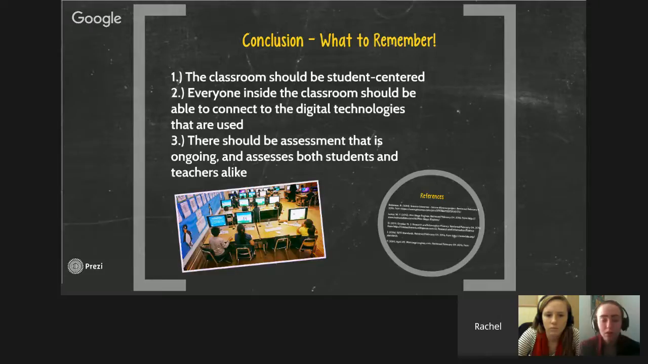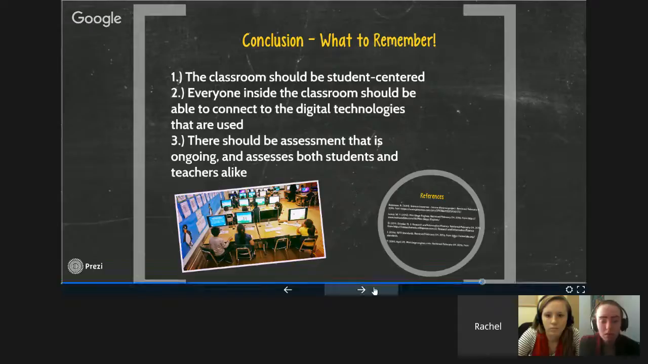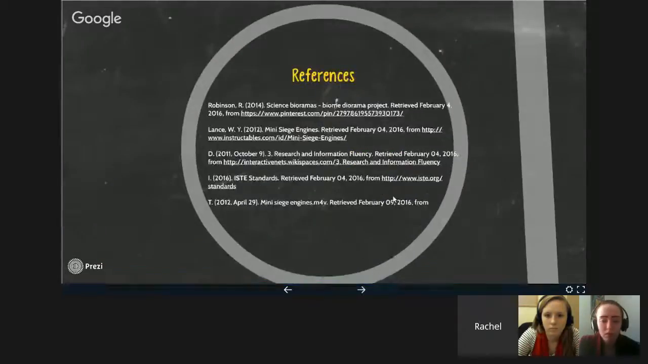And then number two, everyone inside the classroom should be able to connect to the digital technologies that are used. I think Leah and Allie, you both touched on making sure, some kids are less fluent with technology than others, and we need to make sure that the things that we pick aren't too sophisticated that students can't access them. And then there should be assessment that is ongoing, and it assesses both students and teachers alike. This goes back to the fluency portion. Everything needs to be evaluated in order to make a quality lesson plan in terms of a teacher, and then make a quality project in terms of a student. So down here we have my references,